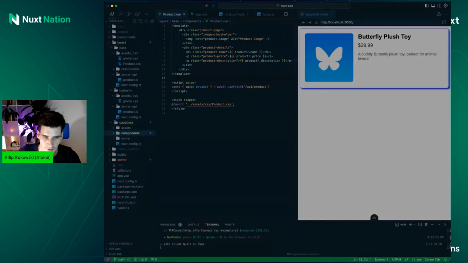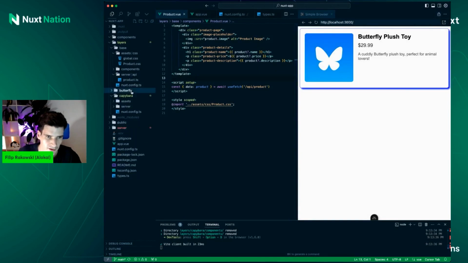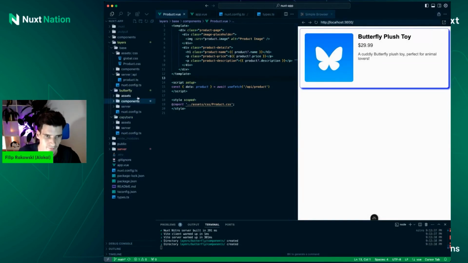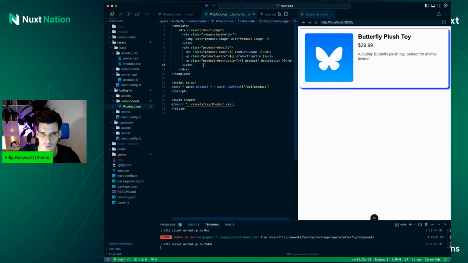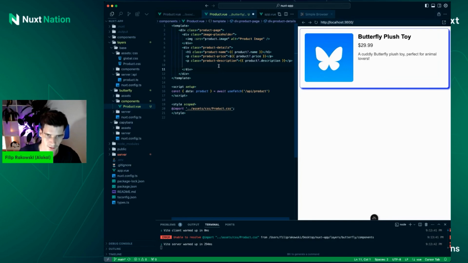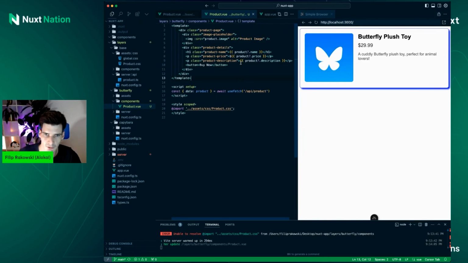Not here. Here. We're going to the product view, and let's say that what we want is a Buy Now button, right? So, okay, we're having a button by now. We're saving it,